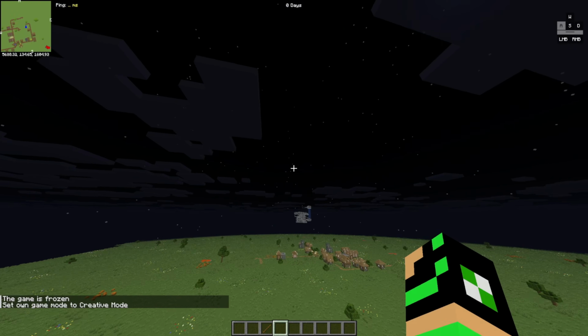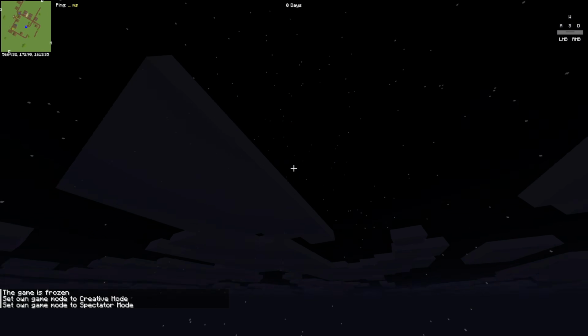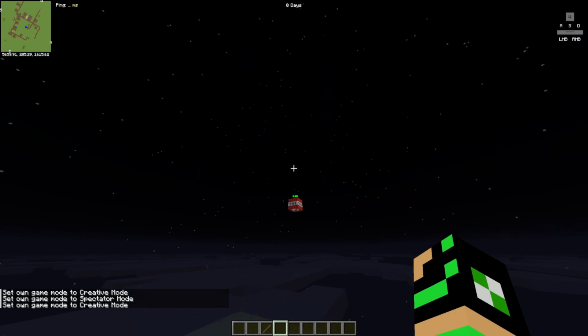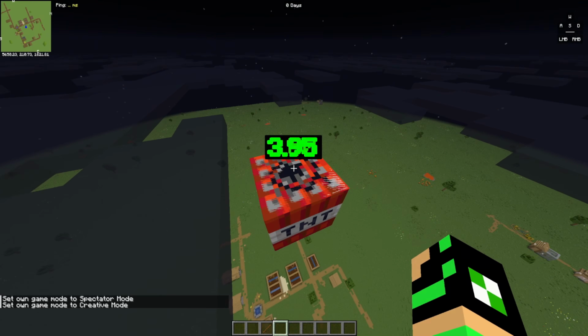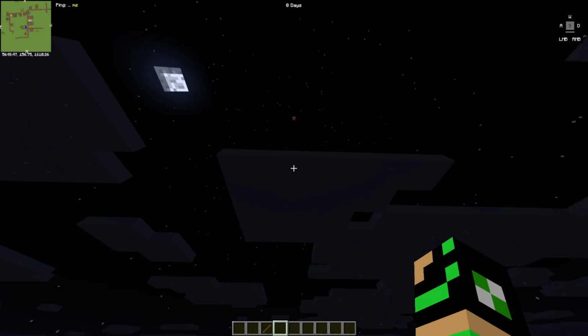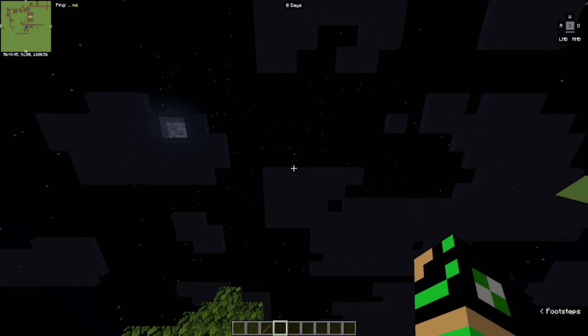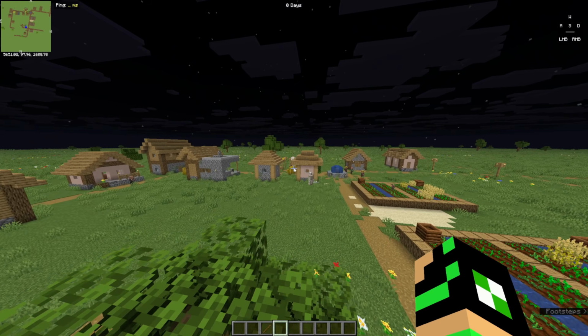And you can see right there that it is indeed our payload. It is a huge payload. This right here, what you were looking at, is not one TNT. As you can see, it looks like multiple TNT that are glitched in together. That's around, I believe, maybe 1,000 or maybe 2,000. From here, it doesn't look like that much. But if I really quickly go ahead and do /tick unfreeze,